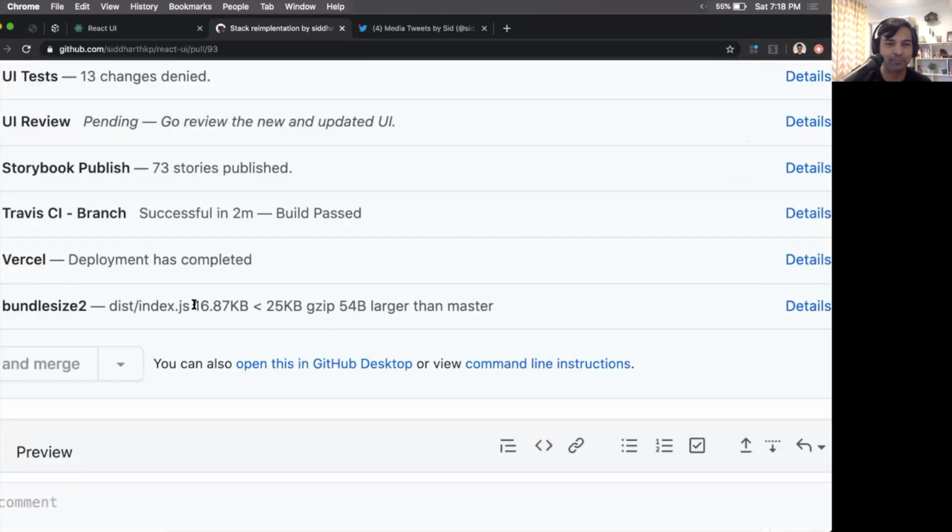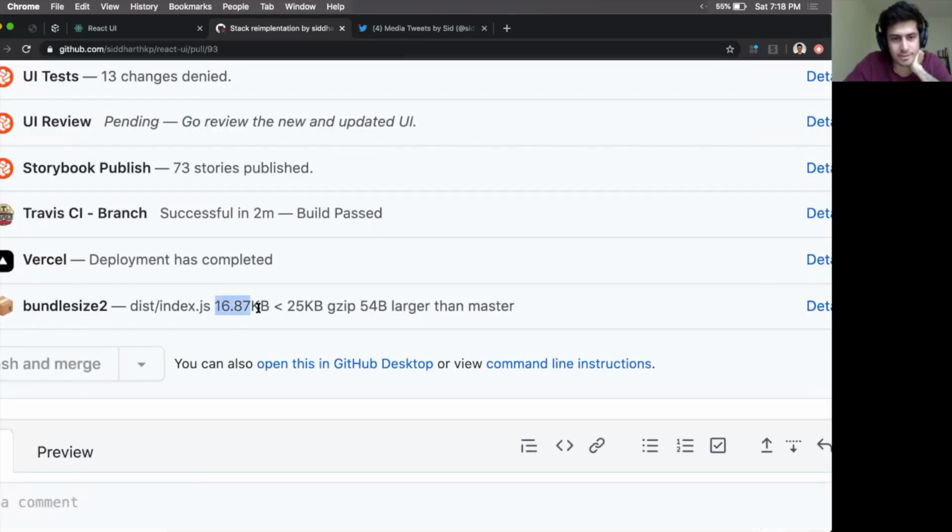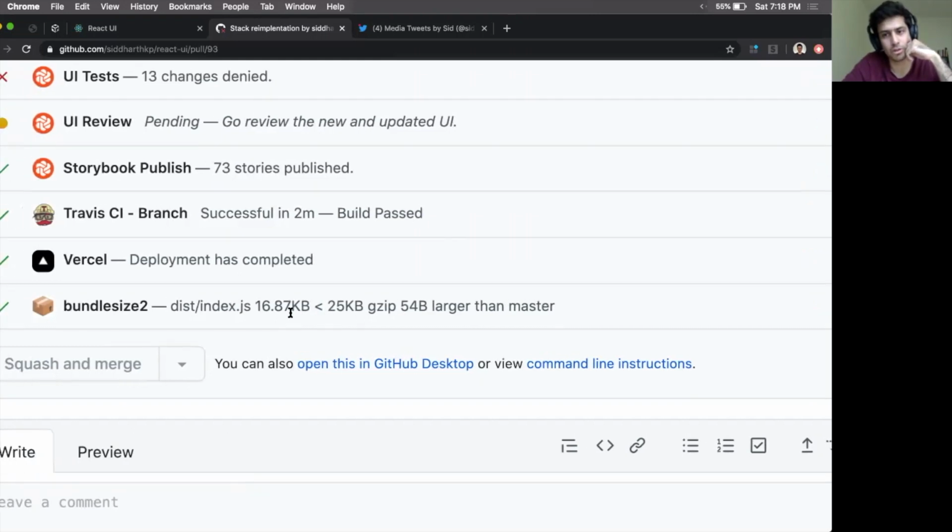So right now it's at 16.8 kilobytes. Okay. This includes Emotion.js and a fork of style system and the responsive API. So it has a bunch of dependencies all bundled in. But there are two caveats to this. The first one is the library is not complete, so this will definitely go up.